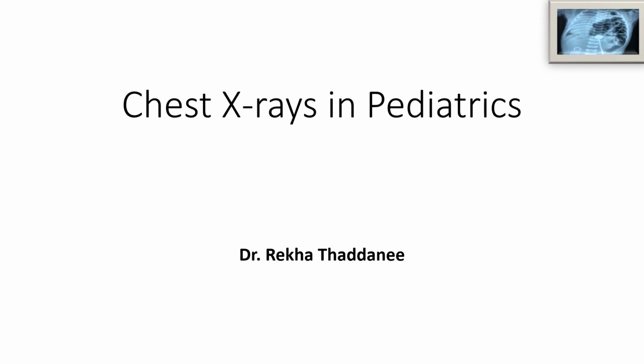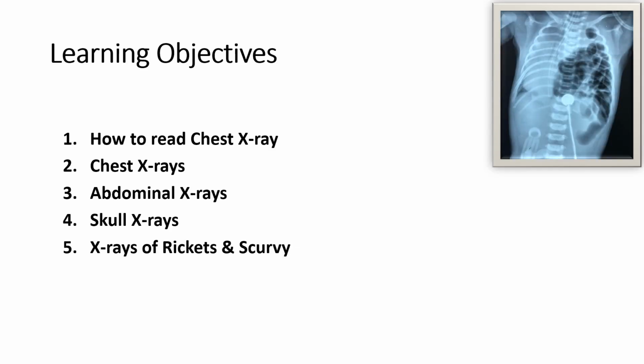Hello everyone. Today in this video I will show you some of the chest x-rays with the abnormal radiological findings. As in the first video I have already explained how to read the chest x-ray, and today I am going to show you chest x-rays with the abnormal radiological finding in the heart, diaphragm and the trachea, and the other part of the chest x-ray in which the lungs and pleural abnormality I will show you in the next video.